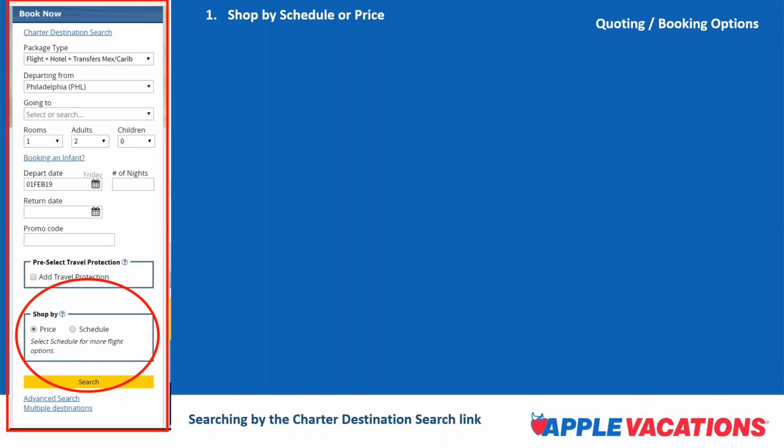For instance, Frontier. In many cities, Apple Vacations owns a block of seats on Frontier's scheduled airlines. And so it's not a true charter, but since we own those seats, we package those with our hotels and our transfer, and we still refer to those packages as charter packages.